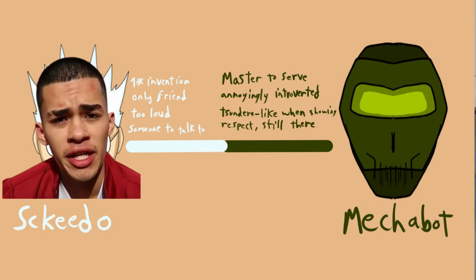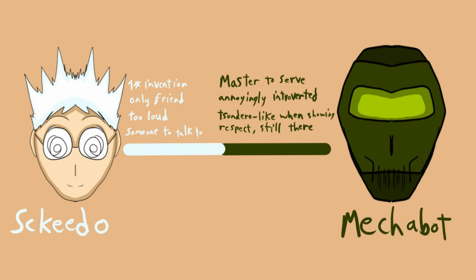For example, let's say the Mechabot would see Sneeko as a master to Sneeko. Sorry, I meant Astaghfirullah al-Azim. Would see Skeeto, I'm gonna have to make a video about properly naming characters to be honest, would see Skeeto as a master to serve but very annoyed by their shyness and lack of bravery, which is due to their opposite personality. They do respect their master, but they wouldn't outright admit it, because they're just so tough and alpha male,